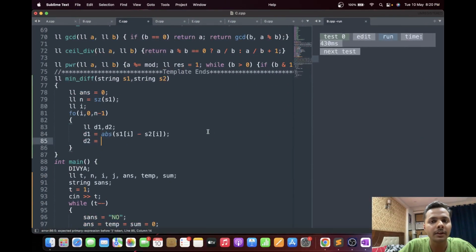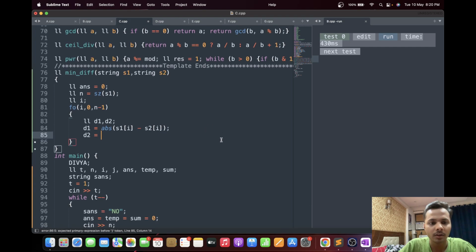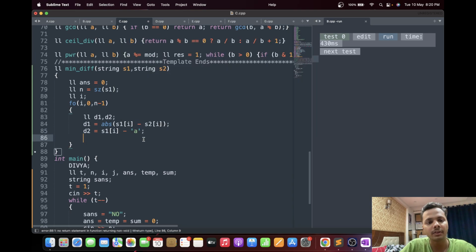And the other thing that we can do is, first we can convert the first string to A, right? And then we can convert it to the second string in the reverse order, obviously. So for that, the number of operations that it will require is, to convert s1 of I to A, the number of operations required will be something like this, first of all. So if s1 of I is A, then it won't require any operations. And then for z we are getting one operation, and for y we are getting two operations. So that means we have to add